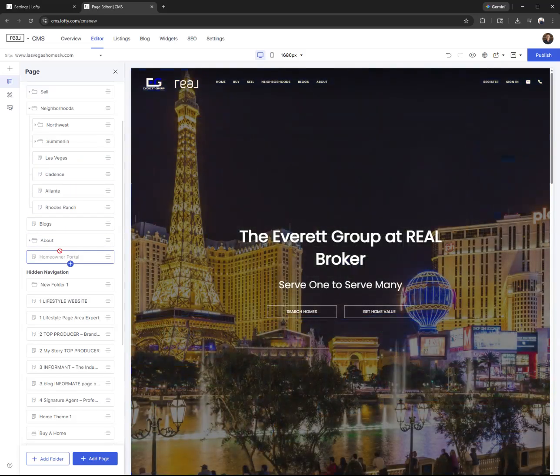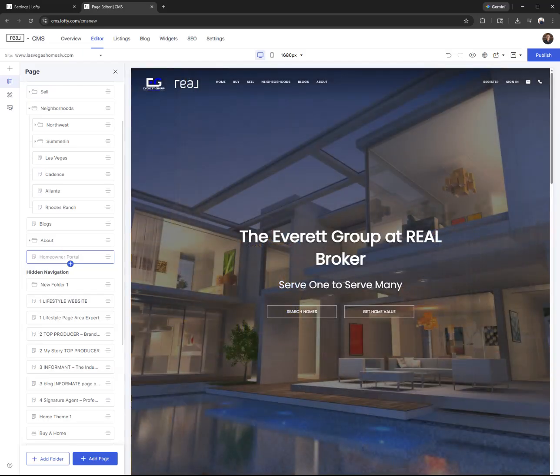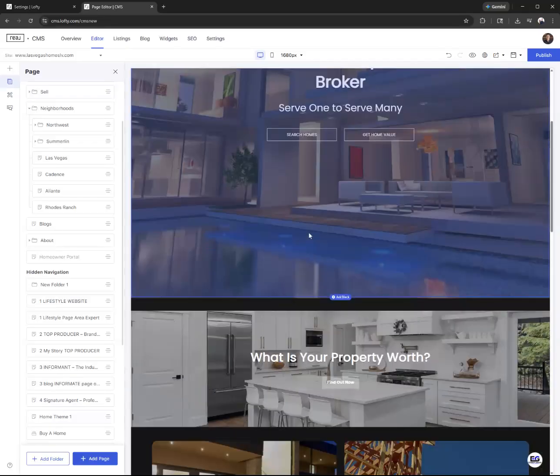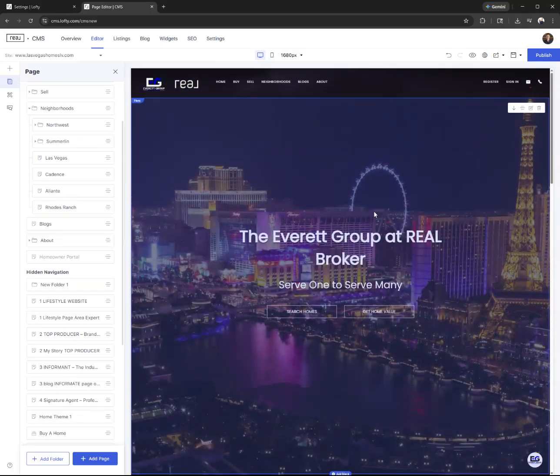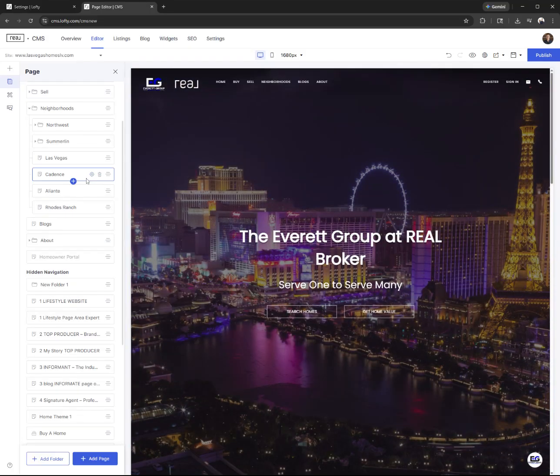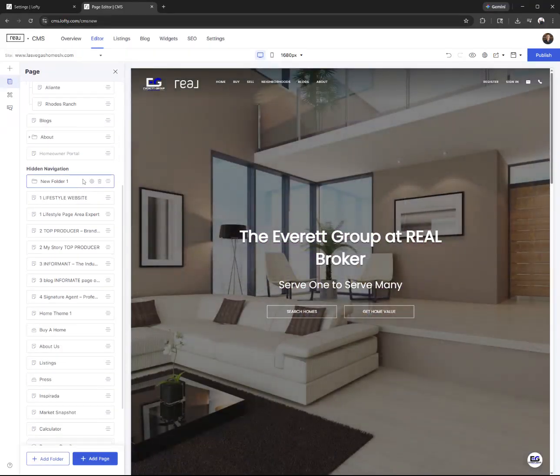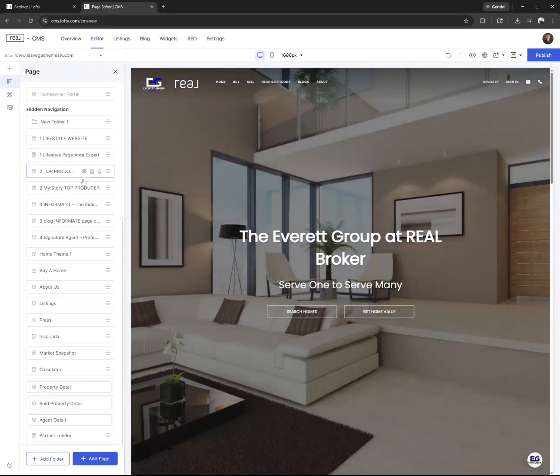All right, so that's your featured areas. It's very, very easy on how it works. You can have it in the drop down like this. You can even have it down below in the different sections if you want to. And you also can even have a page where it's just featured areas on that specific page. So I think I had one on one of these